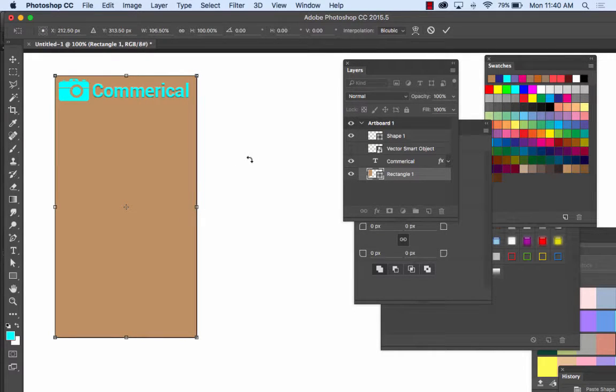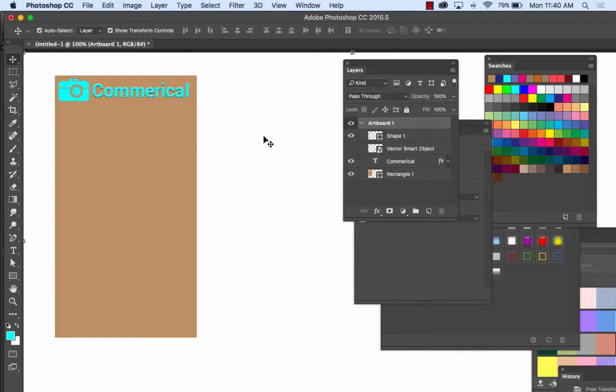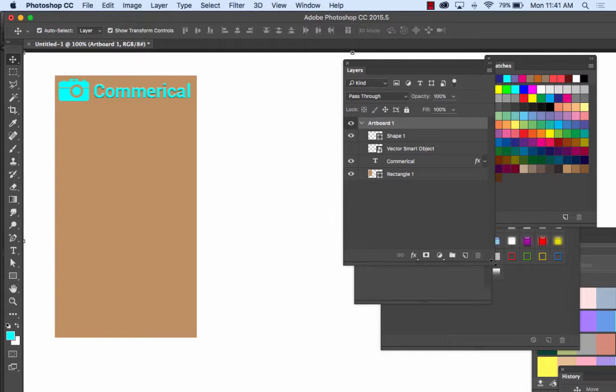Okay. So let's put a line that goes across, to make a line go across my menu here. Well, before we do that, you remember the bevel and emboss I applied to my text? Let's say you want to apply that same bevel and emboss to my shape right here. The easiest way to copy effects that you've done to one thing to another thing is inside the layer